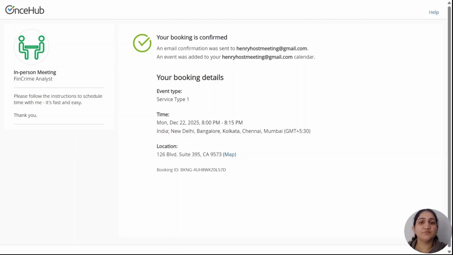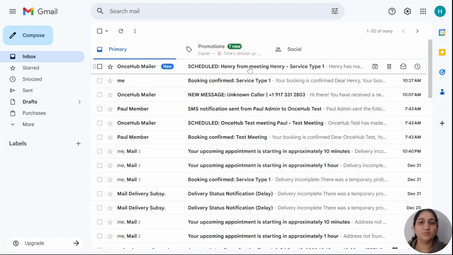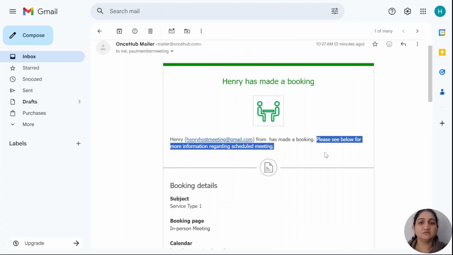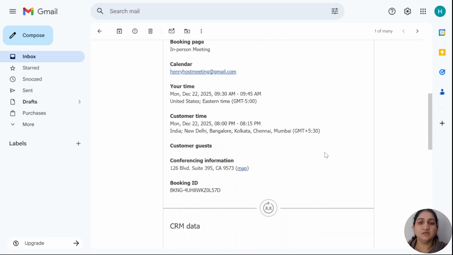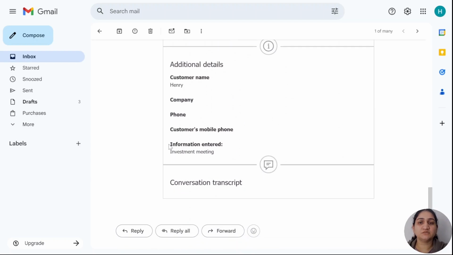Okay, so our booking is made. Now let's go to the email and check. This is the one we just booked. So the change that we made here, this is done correctly, and at the bottom this is also updated.